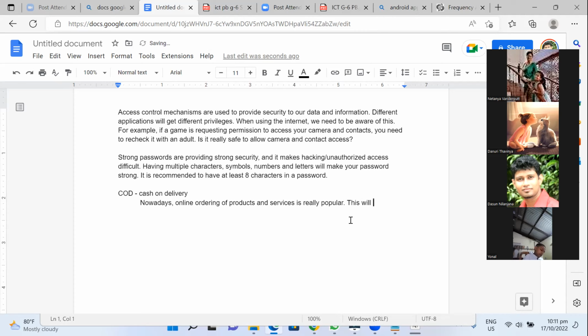This will give you an opportunity to compare products efficiently and order regardless of the time and the location. You can order from anywhere in the world.